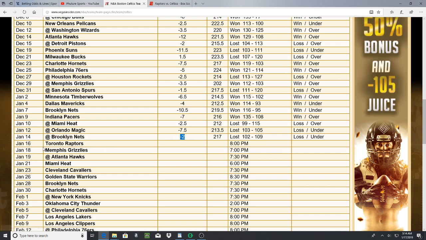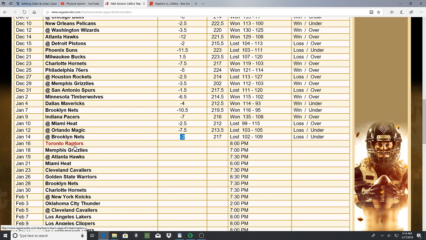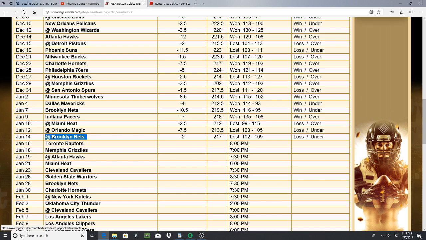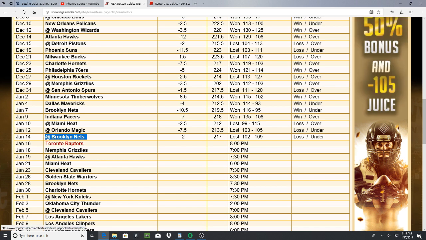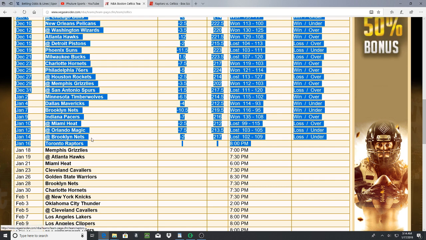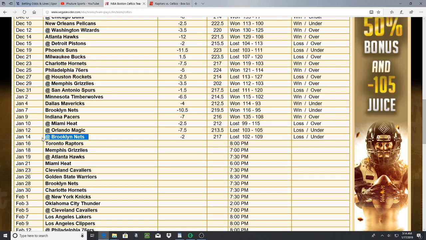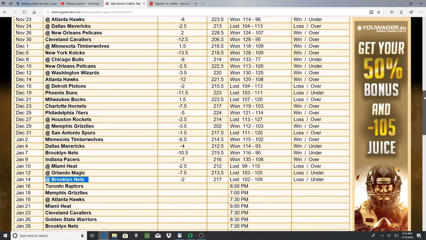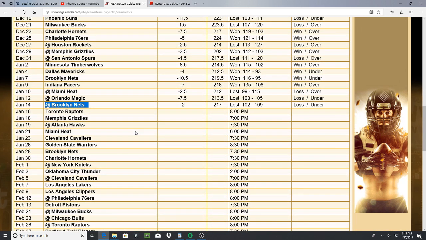Now they go up in class from the road to the home. They play a team like Toronto, so you wouldn't think that they're going to be motivated and up for a game against Toronto. They're going significantly up in class from Brooklyn to Toronto, and they're playing at home. They're going to be much more inclined to win this game than they would be this game. And the strategy changes depending on the team that they're facing.